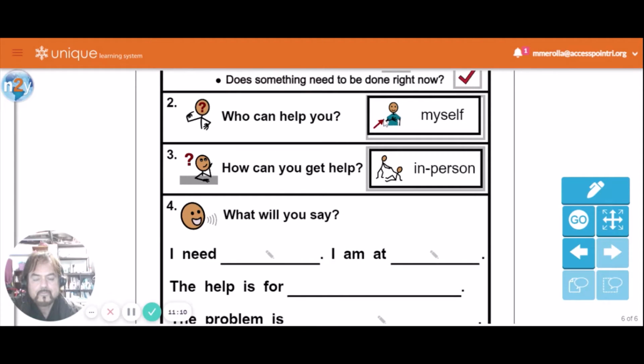I would say, if you're getting a ride into work with your staff, your driver, you could ask your driver if you could brush your teeth and put your deodorant on while you're riding in the van. You could do that. So let's try that.